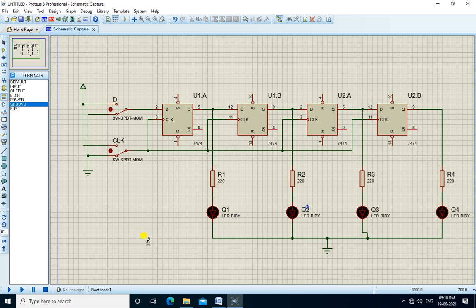Okay, the circuit is connected. I will run the simulation.